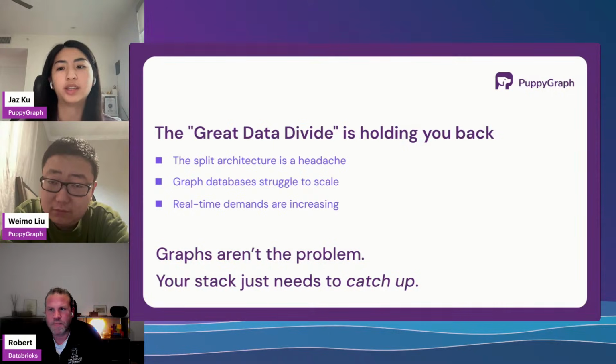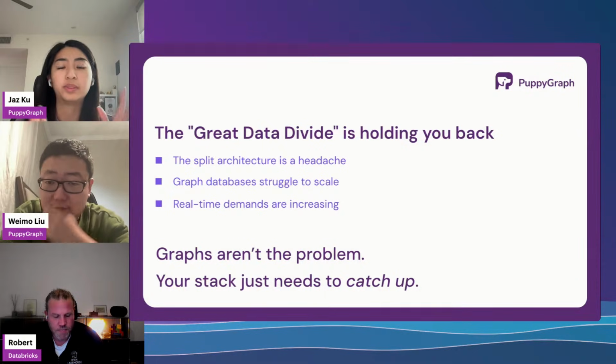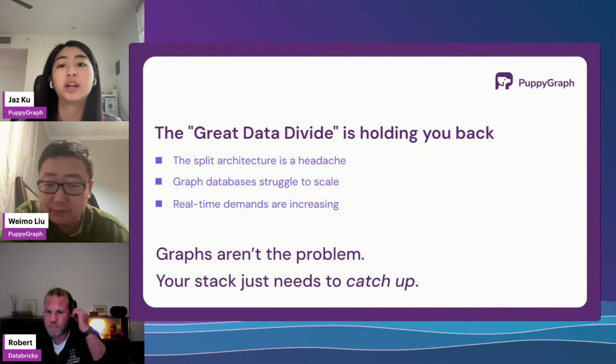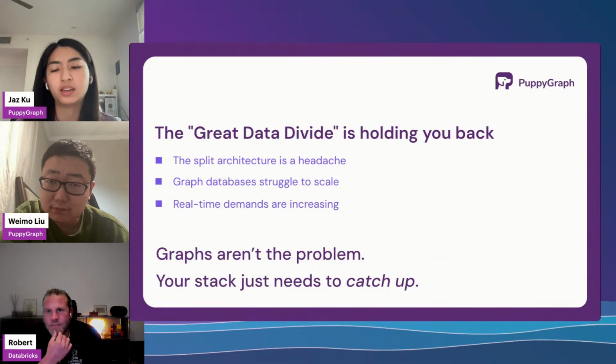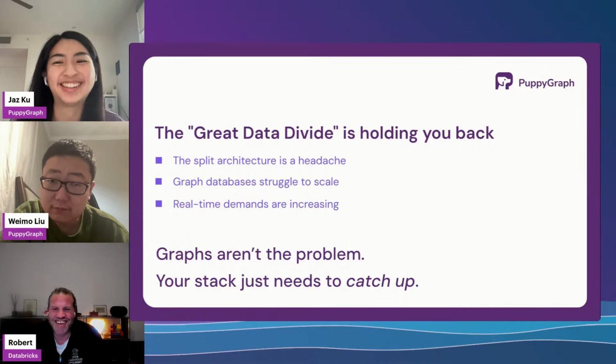And so what they'll try to do is run a graph database in parallel to their data lakehouse. And this split architecture is a huge pain, right? You have to think about how to keep them in sync and how to even get your data from your data lakehouse into your graph database. And so you're running complex ETL pipelines and constantly copying over data. And when you're working with petabytes worth of data, people love moving data. It's a fun time, right?